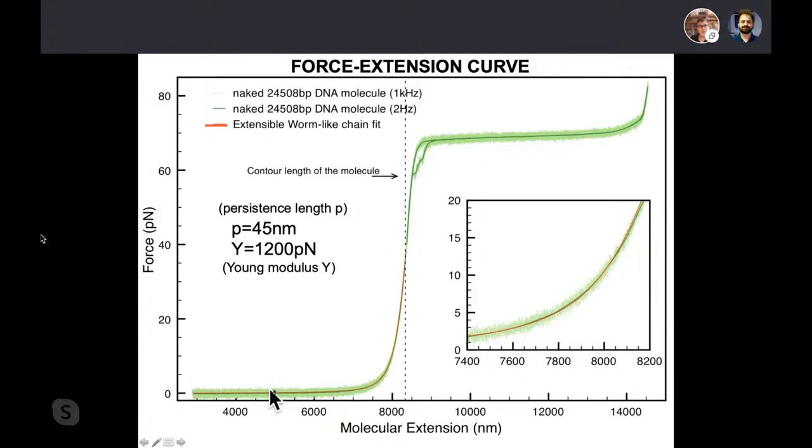contour length. You see that the force increases when I reach this vertical dashed line, which is the contour length. The force does not diverge because there is some elastic compliance of the DNA, defined by the so-called enthalpic rigidity or Young modulus, which means that I can increase the length even farther. Here the molecule is overcoming its own contour length, but at some point there is a plateau, the so-called overstretching transition. I won't talk about it; it's a subject of intense research.